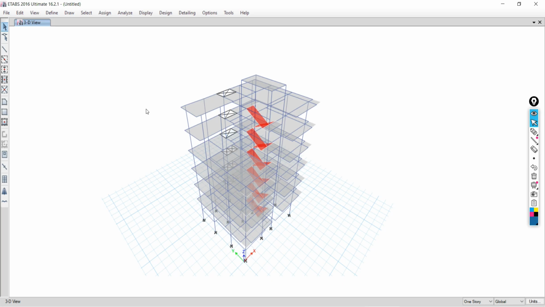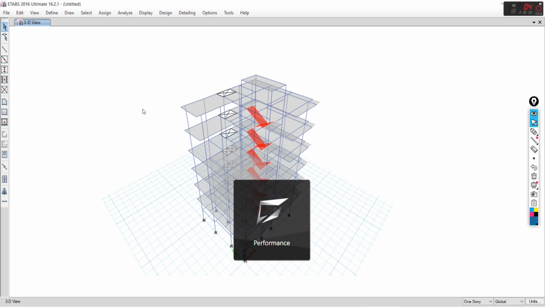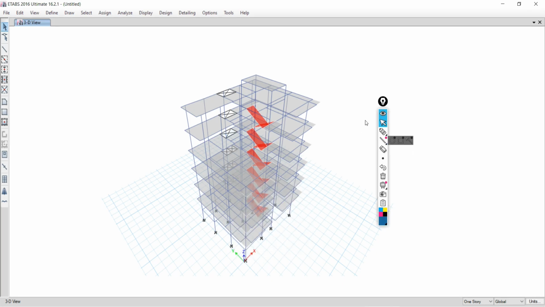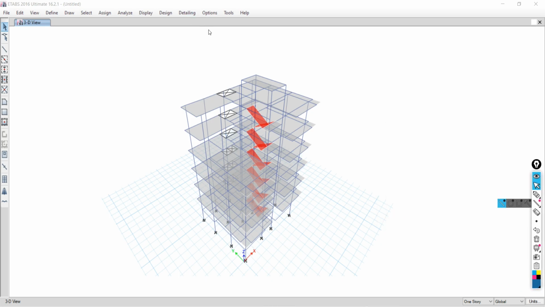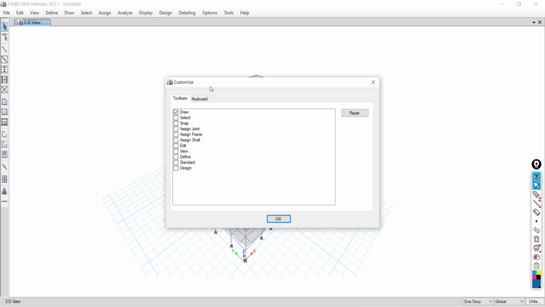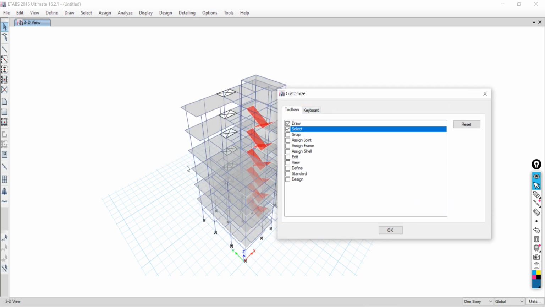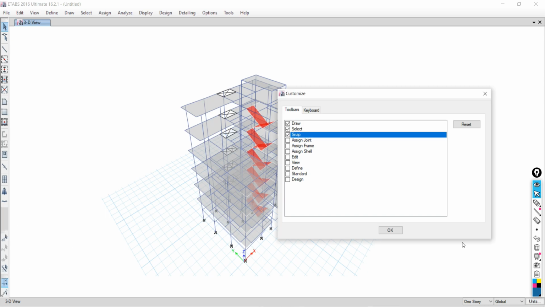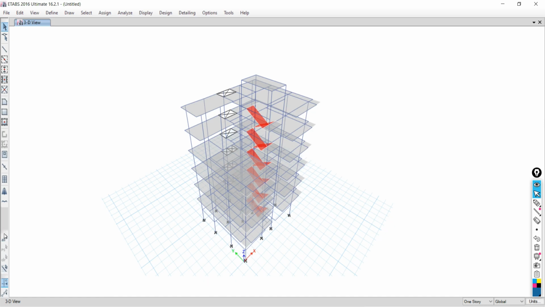Got it? So next is what? See, what next we have to do? Again, go back to the option, then customize toolbar. Just click over the select. So see, select option. Quick option is now enabled. We will adjust this. Okay, go to snap one. So snap, this two is okay. Just say okay. So first set it for the ease. So this is all done.